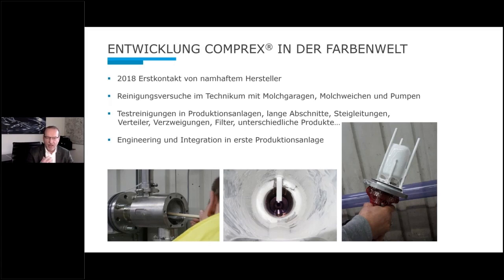The questions to be answered were: what happens in long sections? What happens with risers, with overhead lines? How do the distributors behave, the branching, or can you also go through filters? And a very important point was how the different products behave, their composition, and other adhesion conditions. Another important point was the subsequent engineering, the consideration of how to integrate Comprex into a production facility for